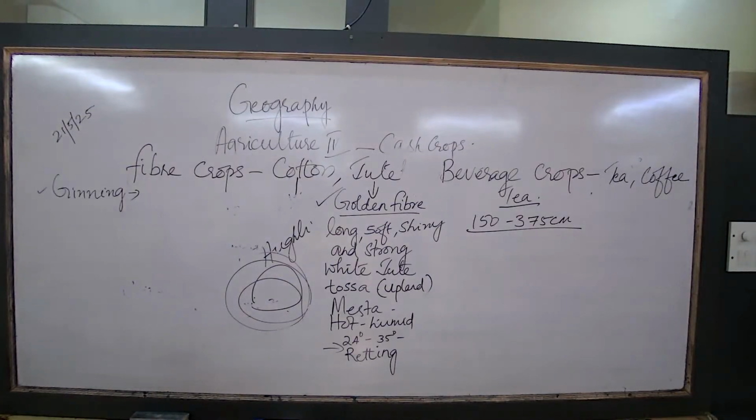Now, that is what is given. See, well-drained, deep, friable loams or forest land rich in organic matter. Organic matter means the remains of plants, plant leaves and all, which make the plant fertile. Forest soil rich in humus and iron. All these things are required for its growth. Now, methods of cultivation.